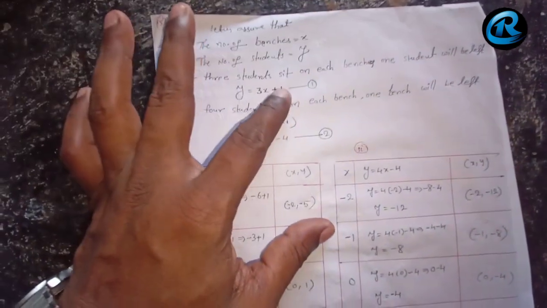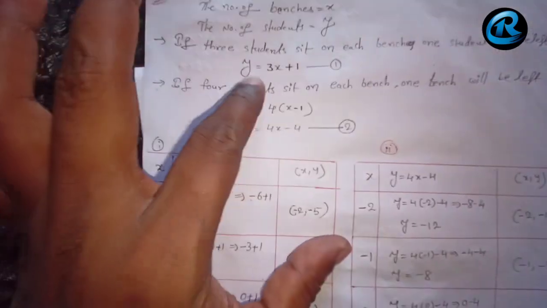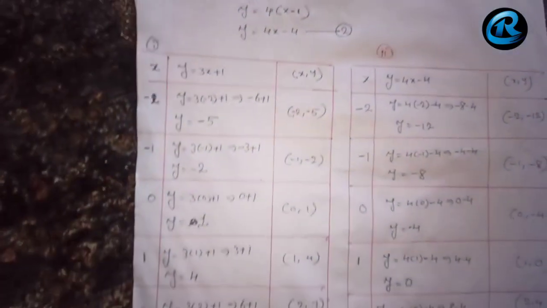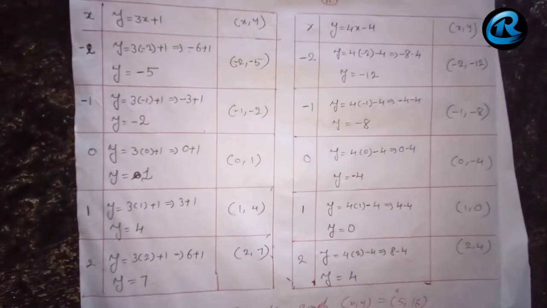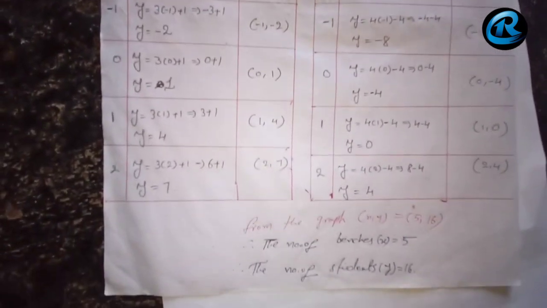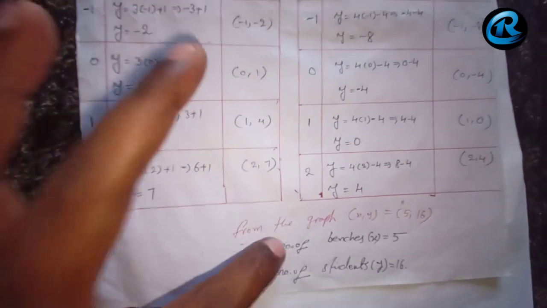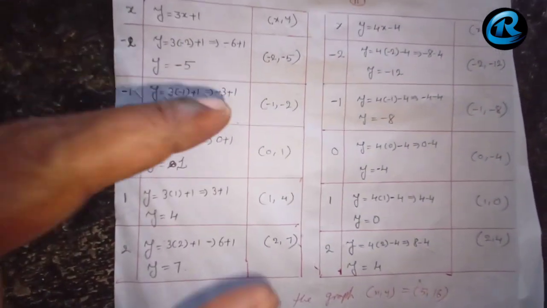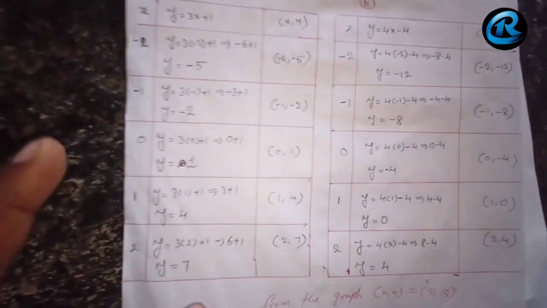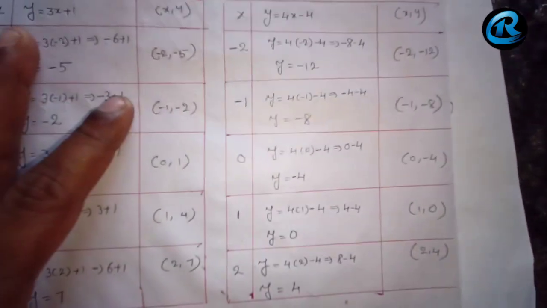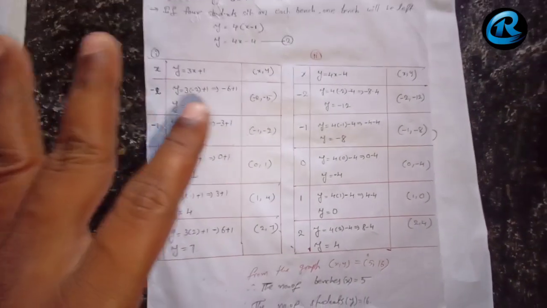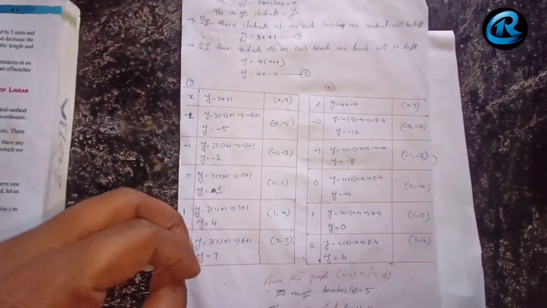And from equation number 1 and equation number 2, already it's y equal to. So find out the solution here, as we have already solved the equations. From the graph, whatever answer you are getting, you have to write here. Then minus 2, minus 1, 0, 1, 2 I have substituted, so that you get the values here. You can see the values. If you substitute these values in the graph, you will get the intersection of the lines.